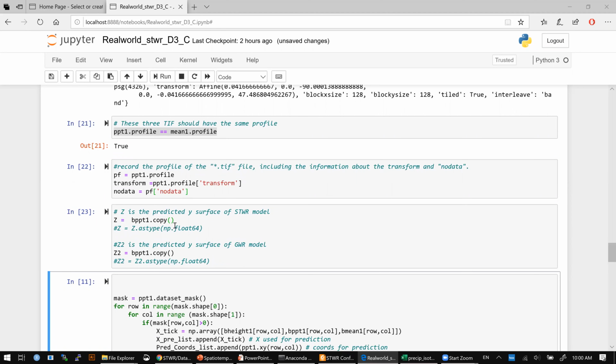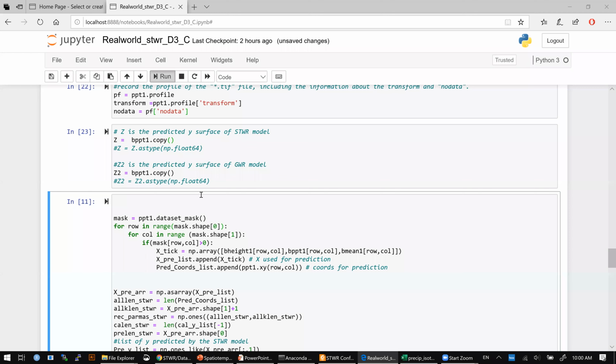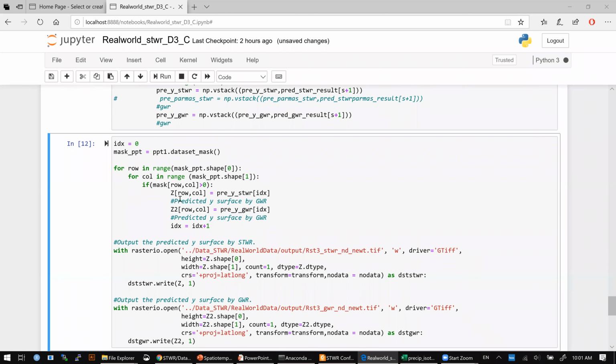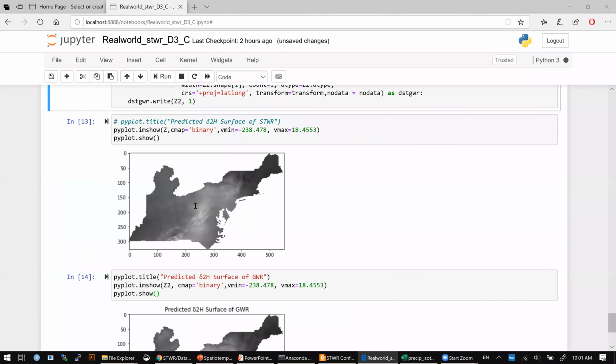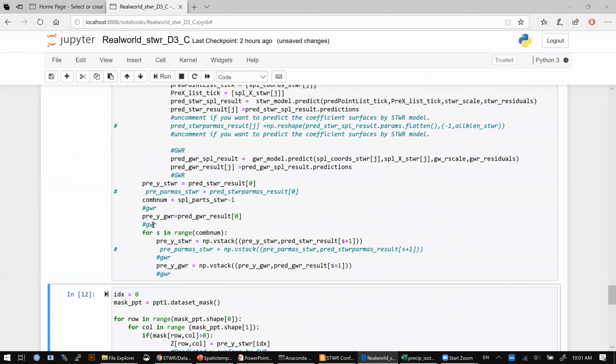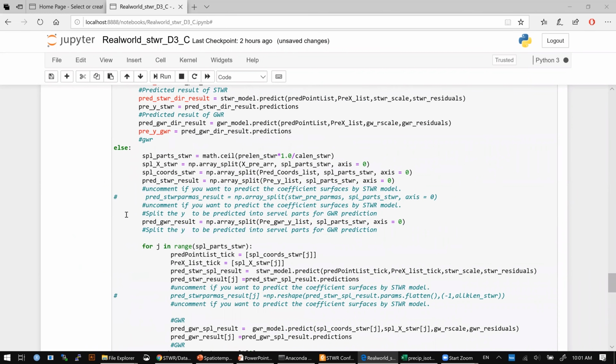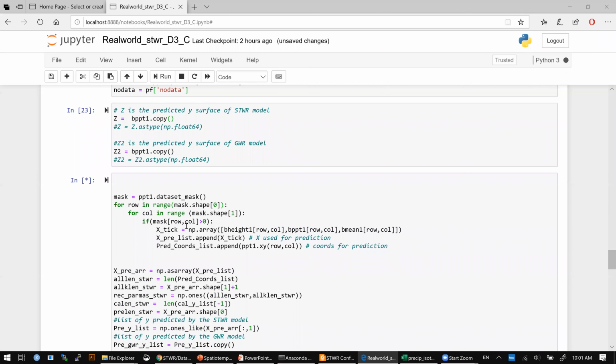Let's do the prediction in this section. The prediction will take some time, like several minutes. So if it's going to be running for several minutes, maybe we want to hear a little bit more